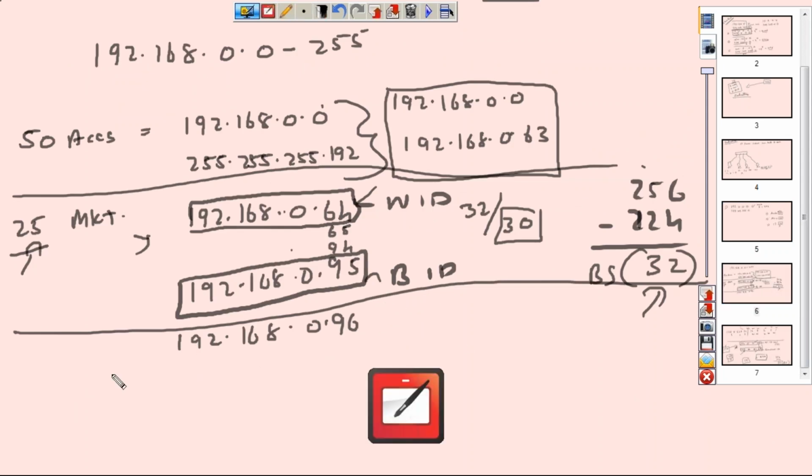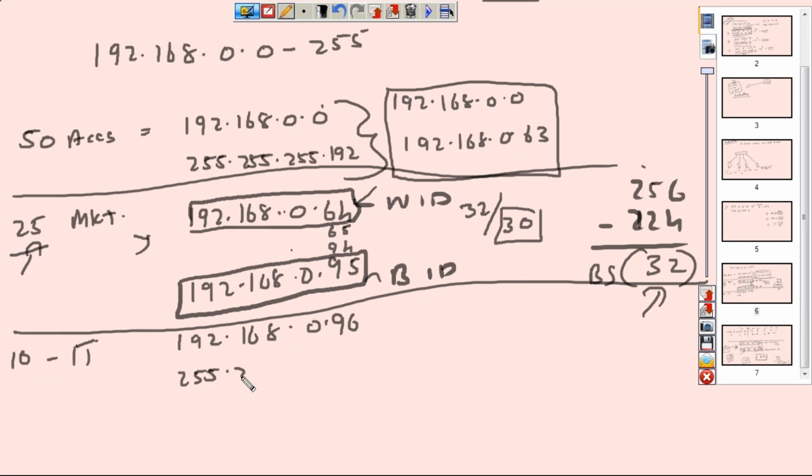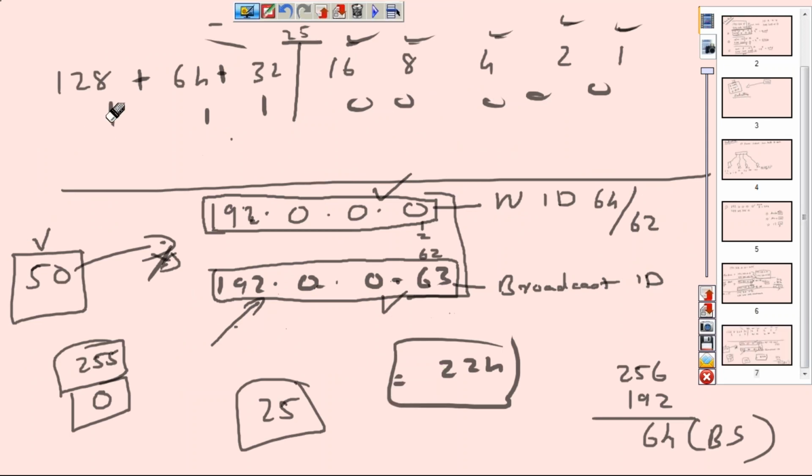Alright, let's put our original mask back in. So we need 10 for us, the good guys, the IT guys. So the original mask of 255.255.255.0, which would be in 8 bits here, as always. Again, let's go and ask that question. How many bits does it take to make a network of 10 size?